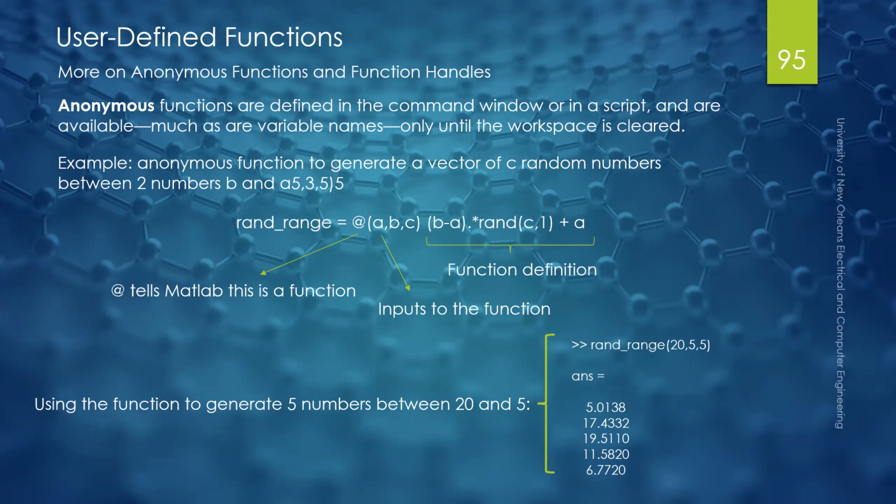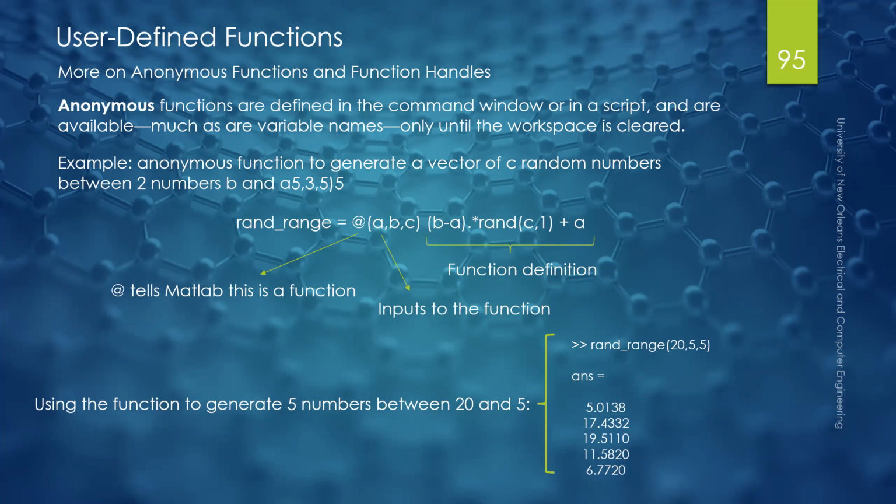So if I define the rand_range function this way, by being careful about the @ followed by the variables I'm going to use and what the variables are going to do, and if I run that once I've defined it, whether I have it in the script or in the command line,